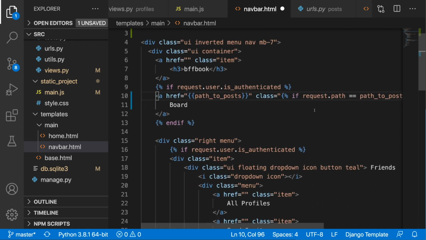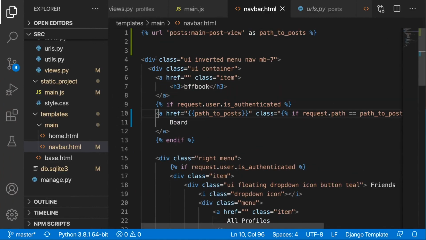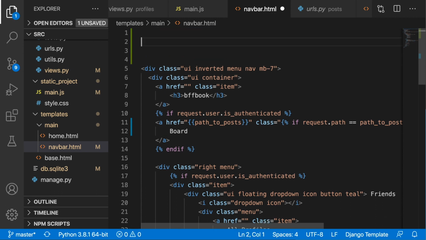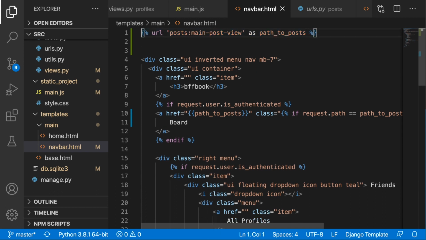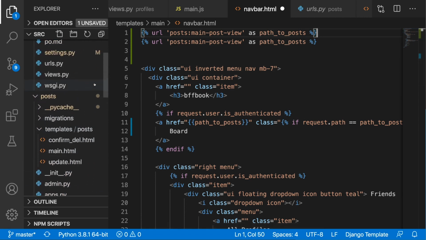Okay, so let's check this out. I'm going to save this, hit refresh, and as you can see right now we have this active class over here. So this is working. Let's do path to home next. I'm just going to copy this, and then at the top I'm going to paste this. I'm going to head over to